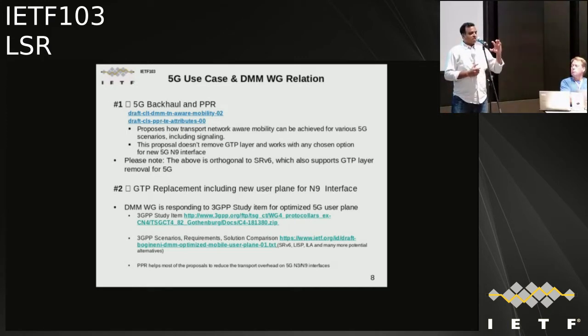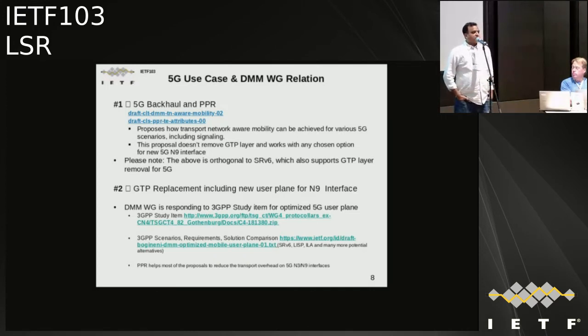So when mobility sessions are taken, you need to account for the transport path characteristics too, if the path is available or not. So that is one piece. And also, there is other work going on in the DMM to remove GTP in the mobile core, and how SRv6 and programmability can help there. That's a separate work, completely orthogonal. This proposal assumes an overlay, and it's an underlay mechanism, and it doesn't try to remove GTP or something like that. So in comparison to SRv6, it's a different work, and it can work with SRv6.